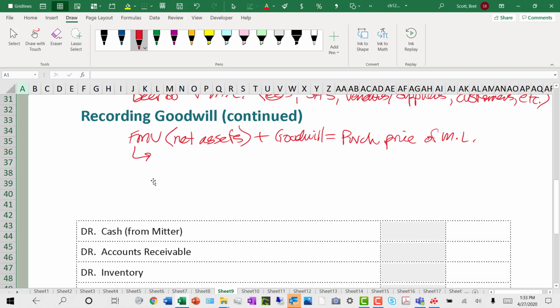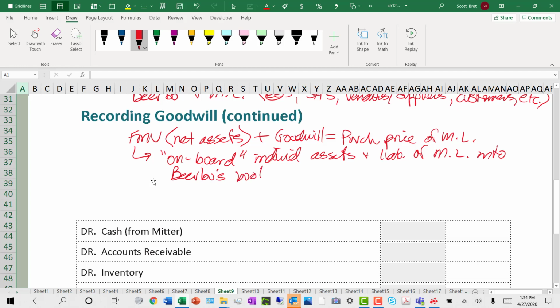We are going to record, or what I like to call onboard, or transfer. We're going to transfer the individual assets and liabilities of Miller Lite into Beerbo's books. In other words, Miller Lite's cash is now Beerbo's cash. Miller Lite's accounts receivable are now Beerbo's accounts receivable. Okay, so down below,